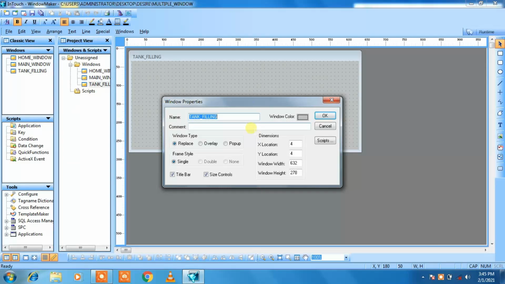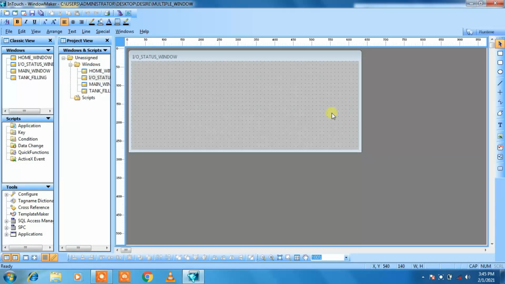The fourth window is the IO status window, meaning input output status window. So I will give the name IO underscore status window. Click on OK.